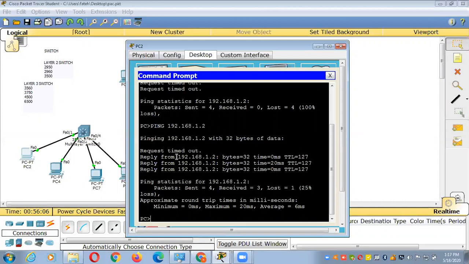See, brother, I will explain to you. If you did not implement a firewall in your organization, you are just using a router there. What will happen?